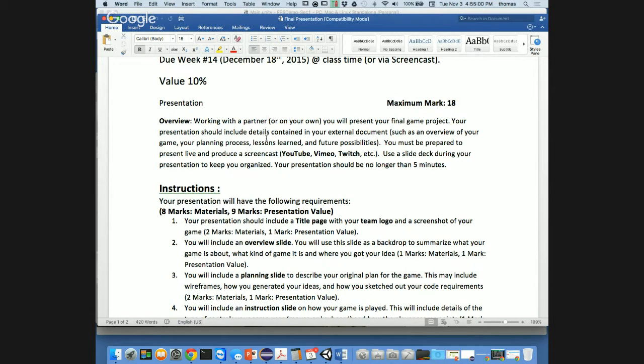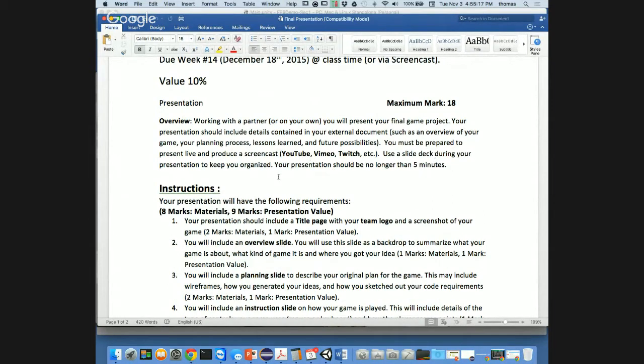Screencast, you should put your screencast somewhere like on YouTube, Vimeo, Twitch, whatever you want to have it, and a link to it. Please don't give me a 300 meg file. That would be not good. Someone has done that in the past. They've gotten like a 300 meg file in my email. I don't know how they did that, and it didn't bounce somehow.